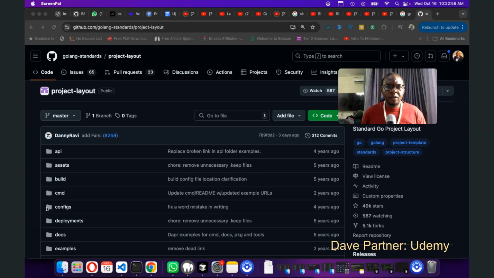But then when it comes to a language like Go, you have to create every single file by yourself. You have to create every single folder. So at the end of the day, the folder structure of each Go project looks totally different. There is no standard naming convention for the files. Nothing. You just name your file anything that comes to your mind and just end it with .go.